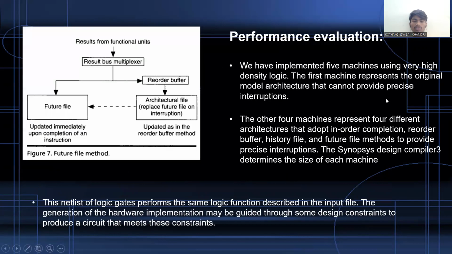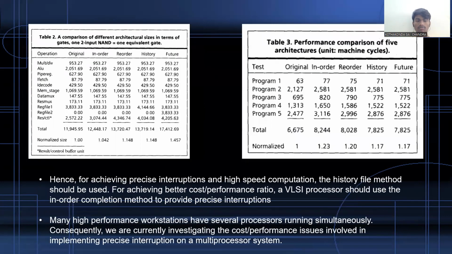This is the performance evaluation. You can see it. For achieving precise interruptions at high-speed computation, the history file method should be used. For achieving a better cost performance ratio, VLSI processors should use the in order completion method to provide precise